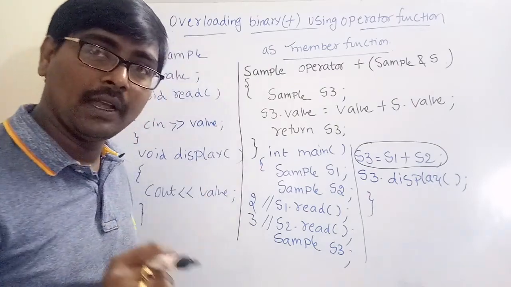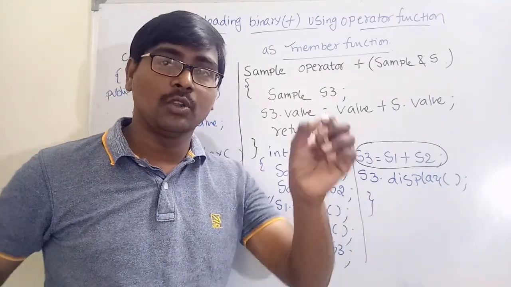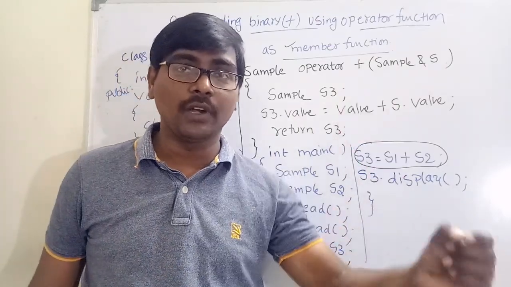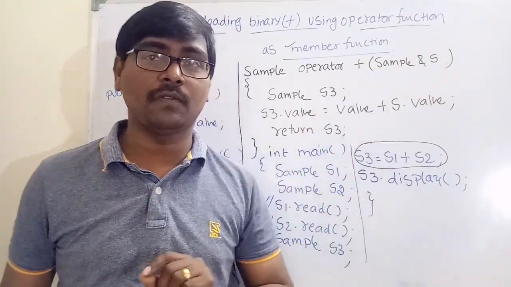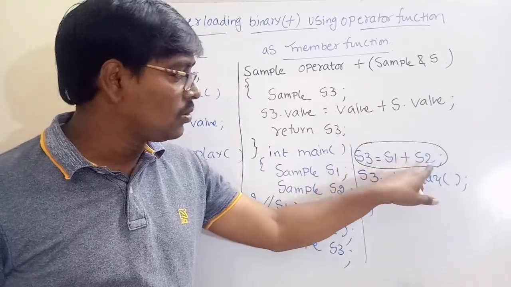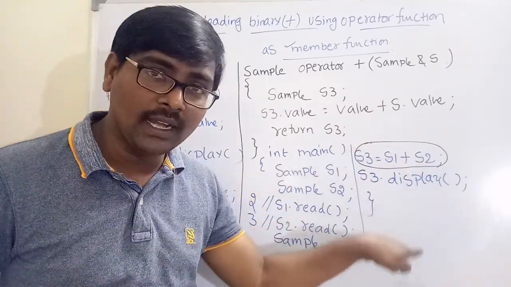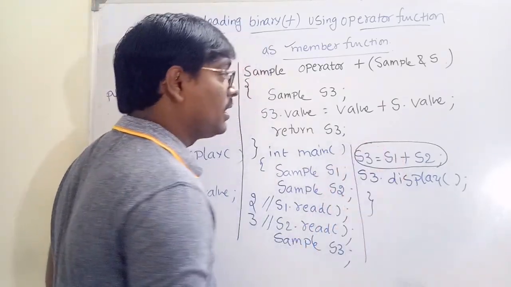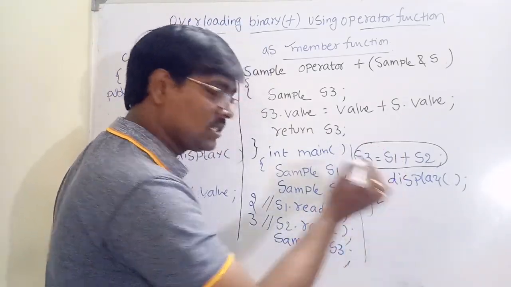Similar to unary operators, suppose in unary minus I am writing minus S. What happens in case of friend function? What happens in case of member function? So S3 is equal to S1 plus S2. If you write like this, even though you are writing like this, the system calls like this: